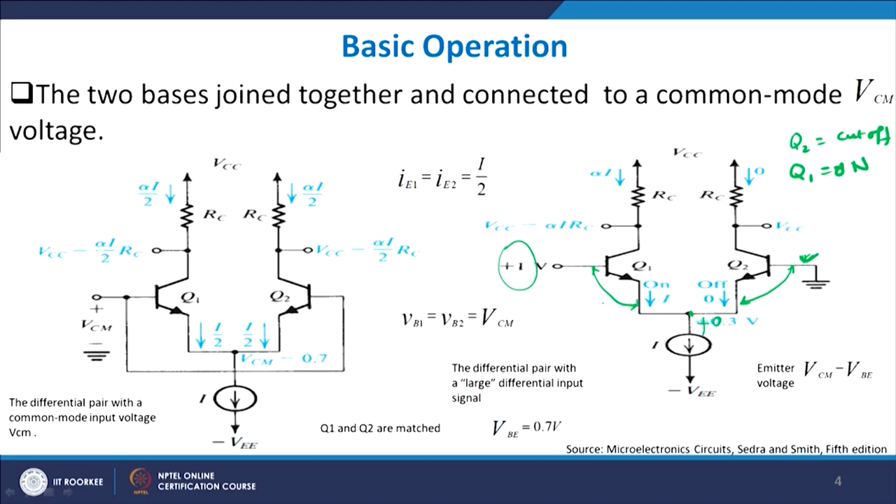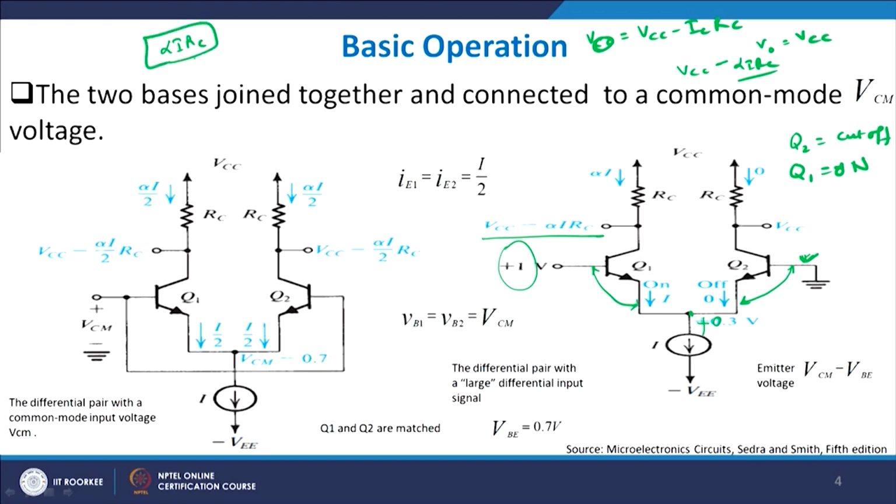I hope you agree with this point, that Q1 will be on and Q2 will be off, which means that Q1 will be responsible for carrying all the current through it onto IC, fine. And therefore, as you can see here, by the previous statement, V out will be equal to VCC minus IC RC. Now, IC for the right arm Q2 equals 0, so V out will be equal to VCC, and for the left arm it will not be alpha I by 2, it will be VCC minus alpha I RC, fine. Now, if you find the difference between this and this, the answer you will get is alpha I RC,